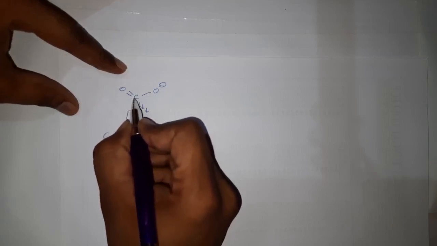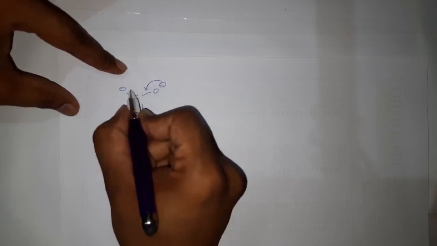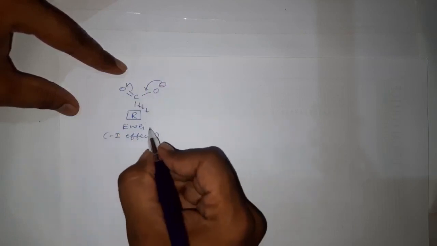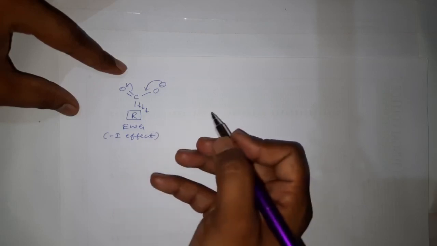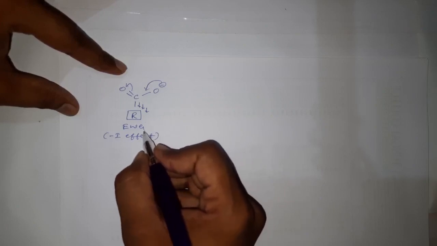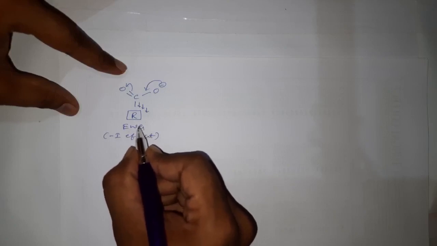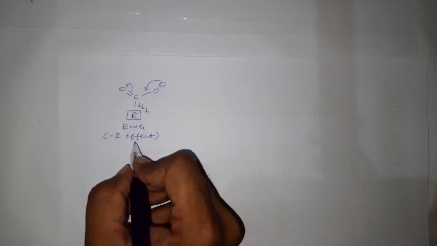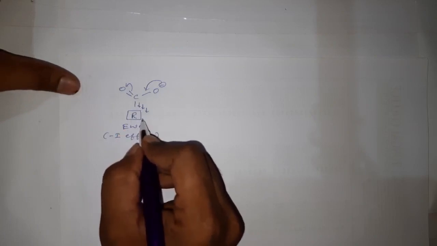As the electron density decreases, this negatively charged electron pair will easily delocalize over the carbon, which results in the stability of this carboxylate ion, and hence it results in the very easy loss of a proton. As it gives up protons, that means H plus ions, very easily, it becomes more acidic. Electron withdrawing groups affect the acidic nature by inducing a negative inductive effect on the carbon to which they are attached.